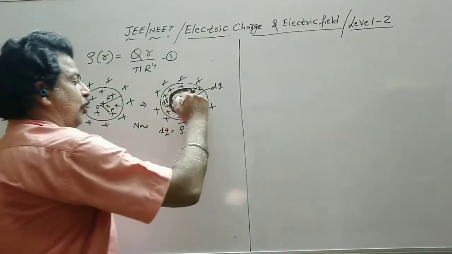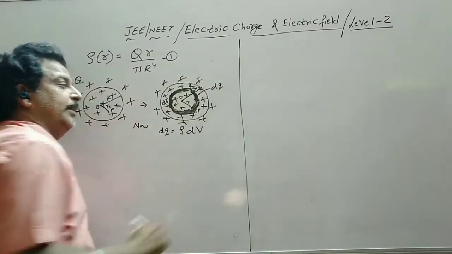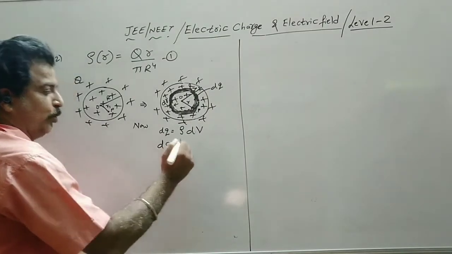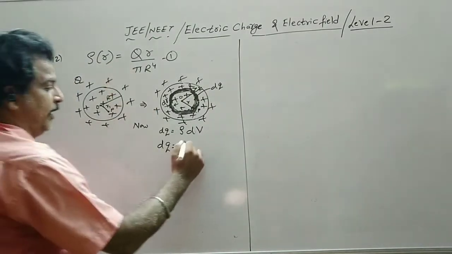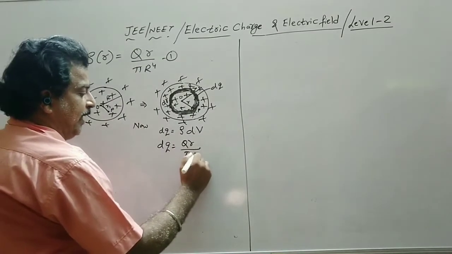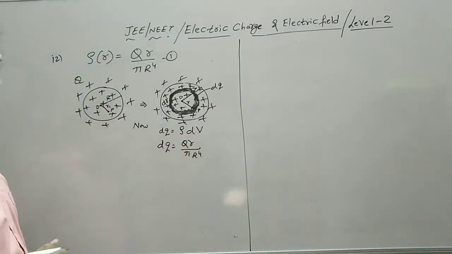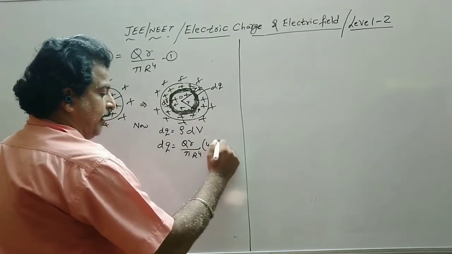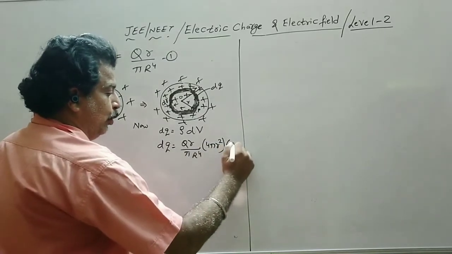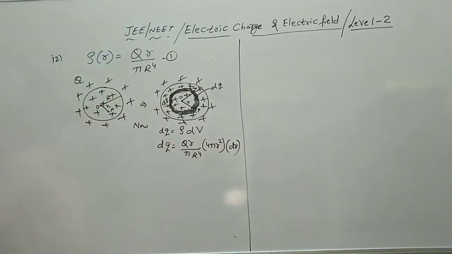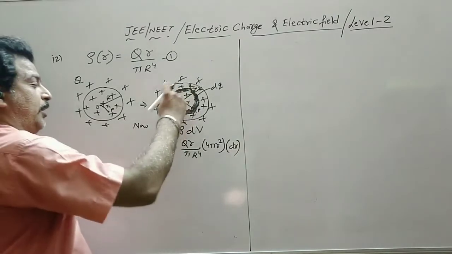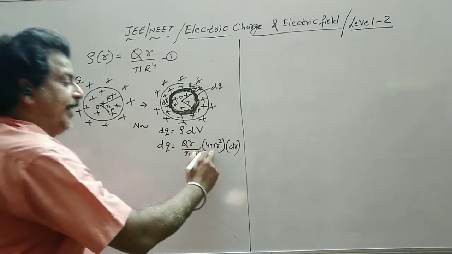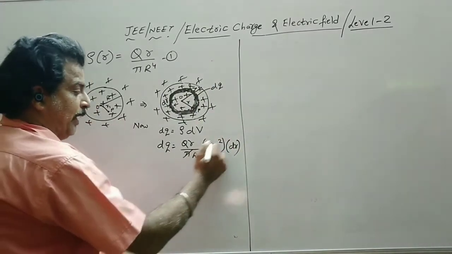The radius of the source is capital R. So integrating this, first this is equal to volume charge density, that is given as QR upon pi R4, into dV. The volume can be written as area into thickness. So for this surface, which is a Gaussian surface for us, it is area into its thickness. So this pi gets cancelled.